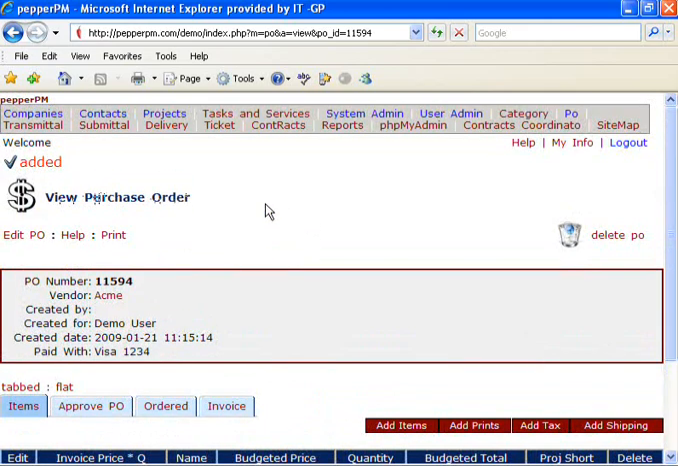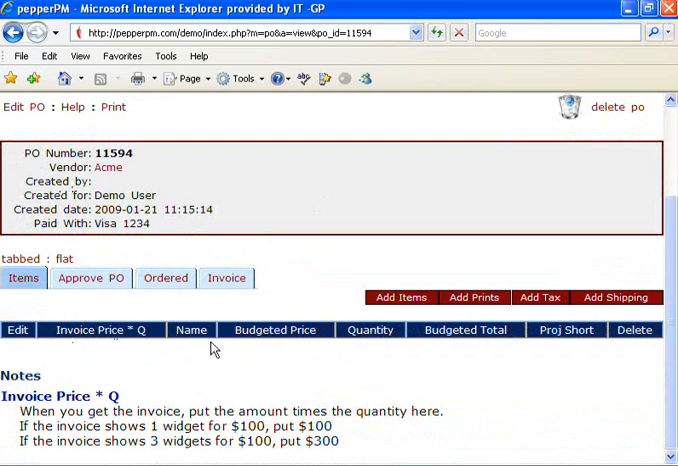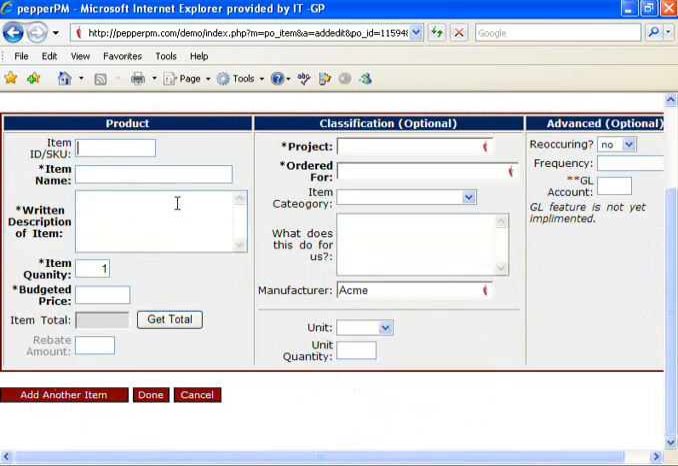Here is the view purchase order page, and you can see we don't have any items in there yet, so we're going to add items to the purchase order. So let's say we're going to get a new laptop, and the item number, SKU number is 1023 or whatever. Let's just do laptop,